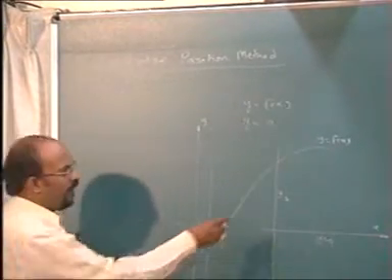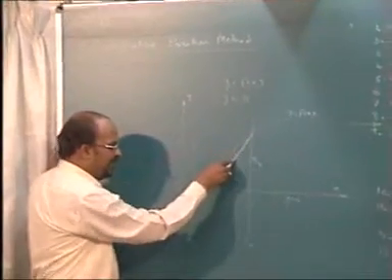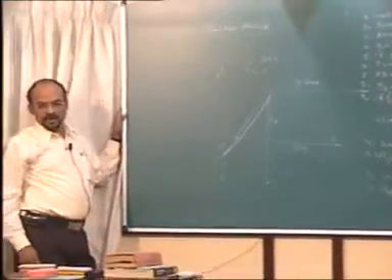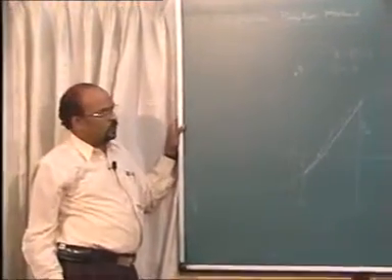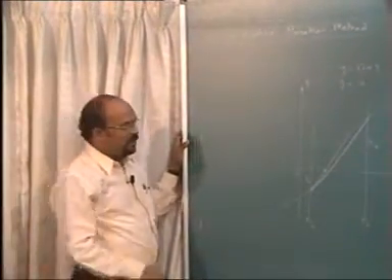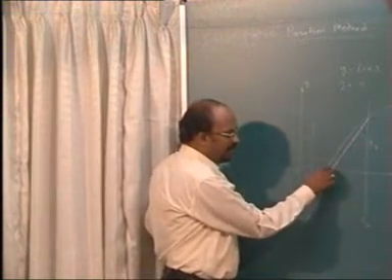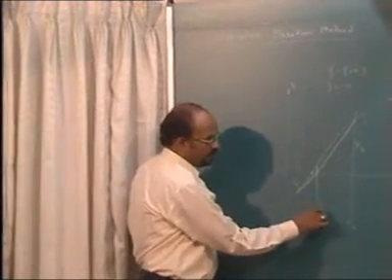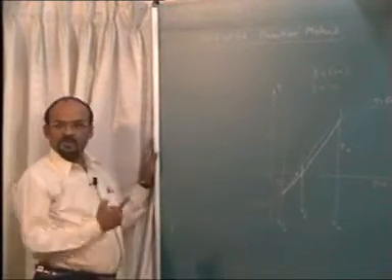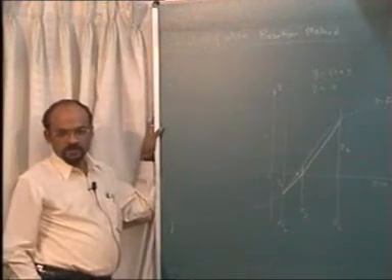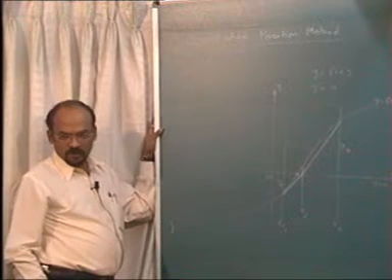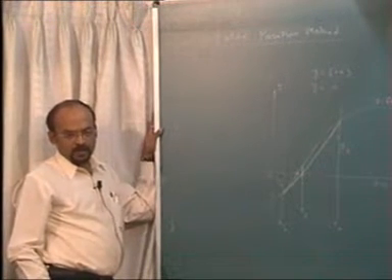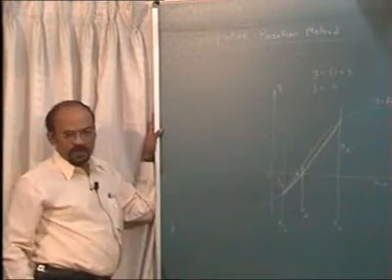Only thing is we will assume the curve to be a straight line in that portion. And where this straight line is intersecting the x-axis, we will assume it to be the root, that is the value of x3. And we will repeat the procedure. Are you getting me? We won't take the midpoint. Instead of that, we will still be moving closer to the actual point.